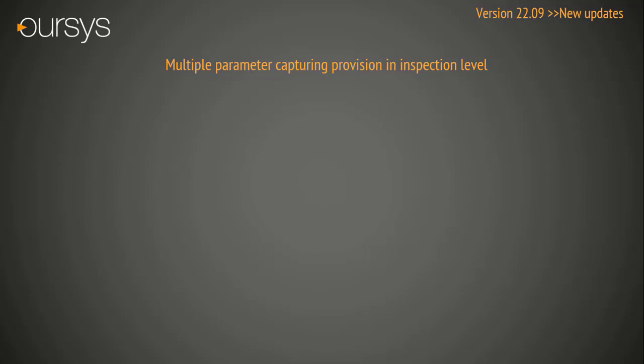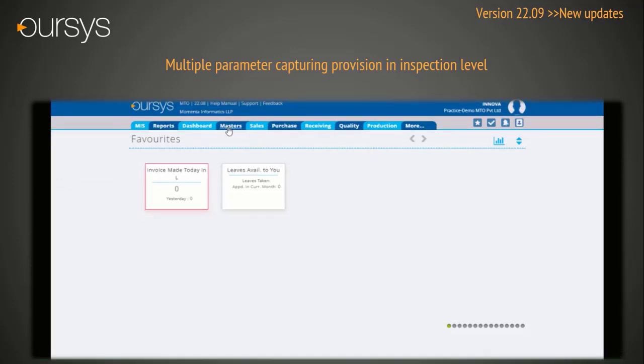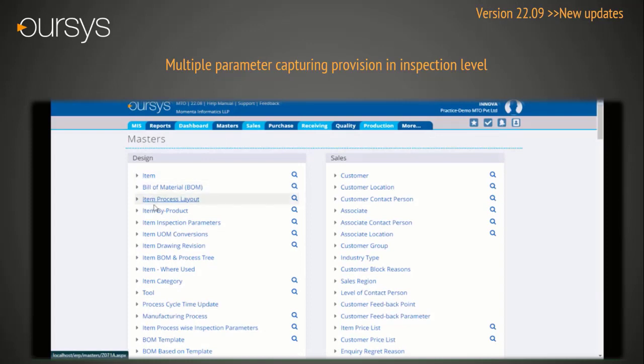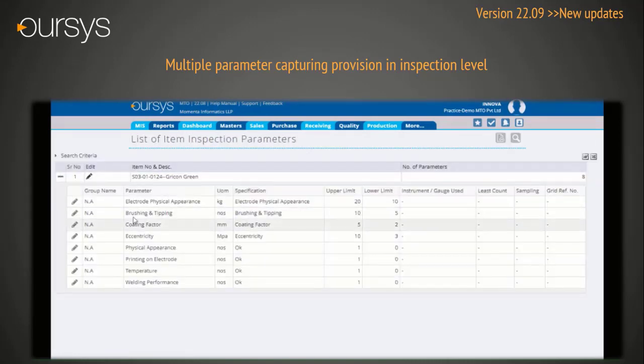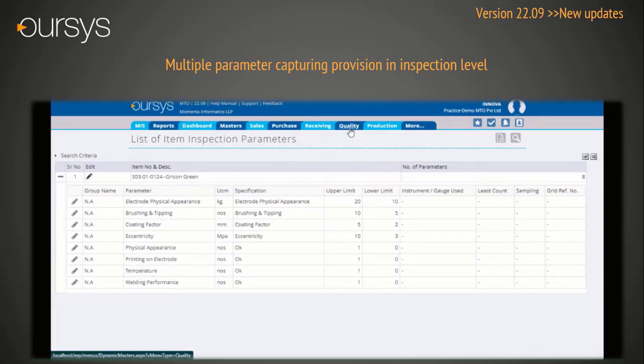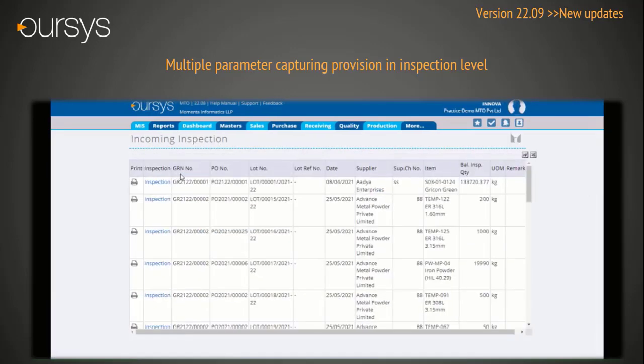Now we will see how it works. Under the master module, we have given the item inspection parameter master. So first we will check what parameters we have entered. Basically there are 10 parameters we have entered. Now we will go to the quality module. At the time of incoming inspection registration, we have given reading